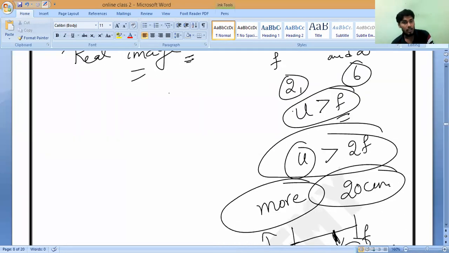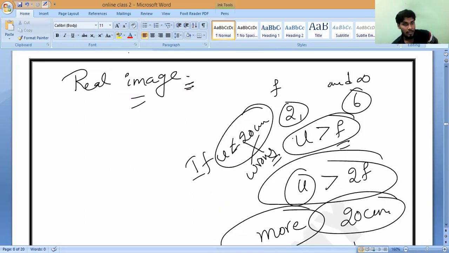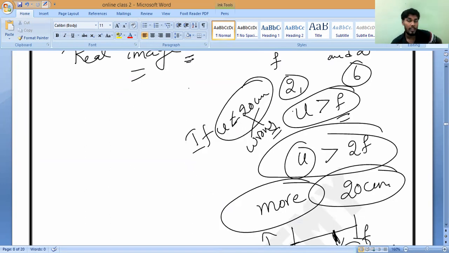Now, while you are solving, suppose because of some sign convention you get less than 2f, less than 20 centimeters, then your mind will say that it is wrong, yes or no? Then we can go for re-verification. If you are getting more than 20, then we get confidence that I am doing correctly. Later we can go for nature and height of the image, magnification and all. If we make a mistake first, then later solving is of no use. Is it yes or no? So that is the reason.